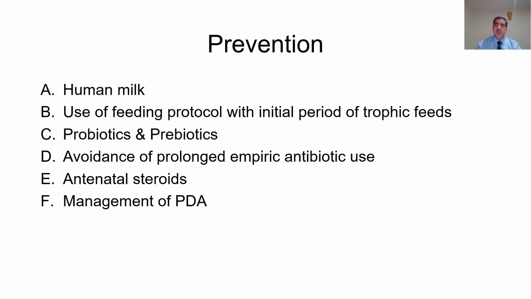Prevention is better than cure, and this applies to much extent to cases of NEC. This disease can be to some extent prevented by some measures. The first and important one, and confirmed in all literature, is the use of human milk or expressed human milk, either maternal or donor human milk.